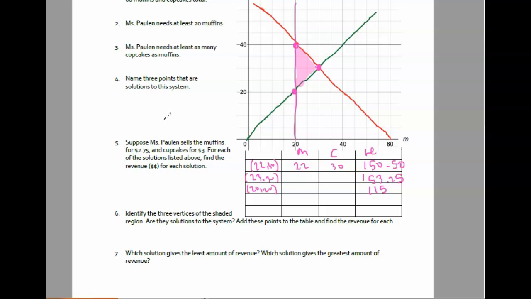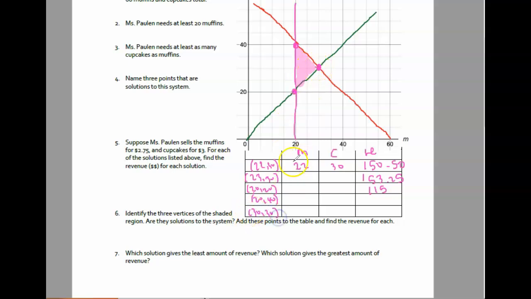For each of the solutions listed above, find the revenue for each solution. I forgot what those three are. I think it was 2030, 2330. Let's just go with that. I think there's one more, but it's not important. What else am I going to include? I'm going to include 2020, 2040, and then 3030, because those are part of the solution